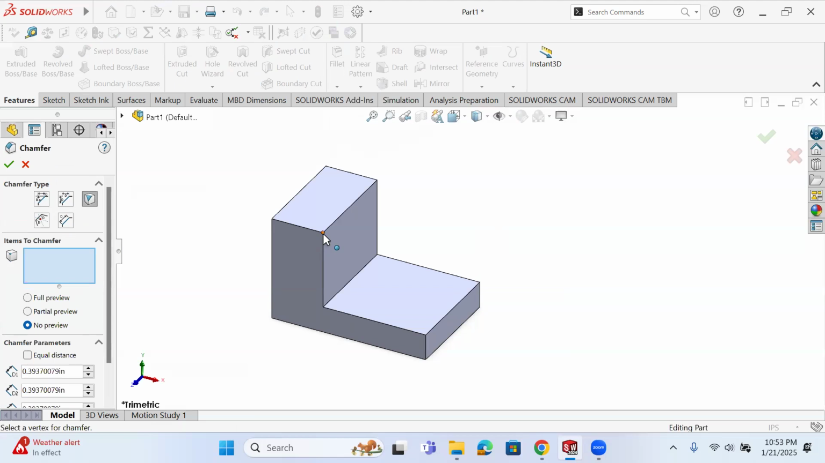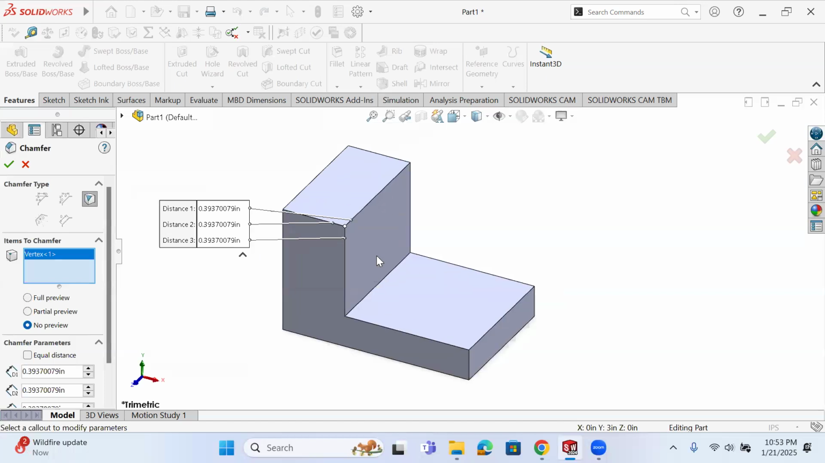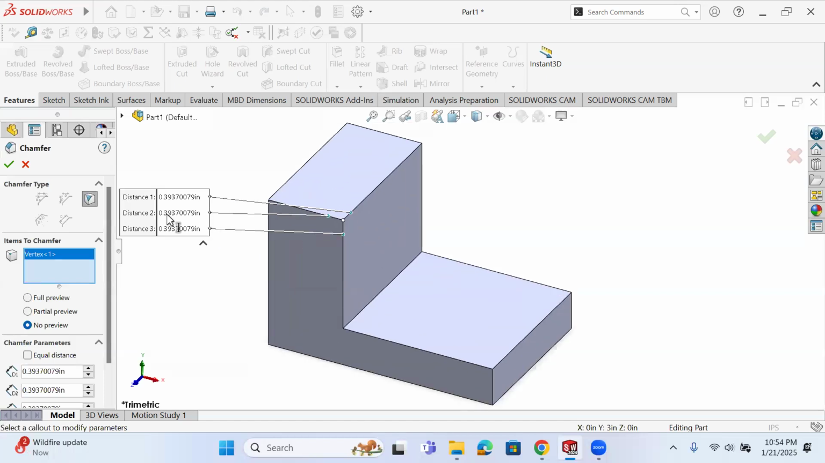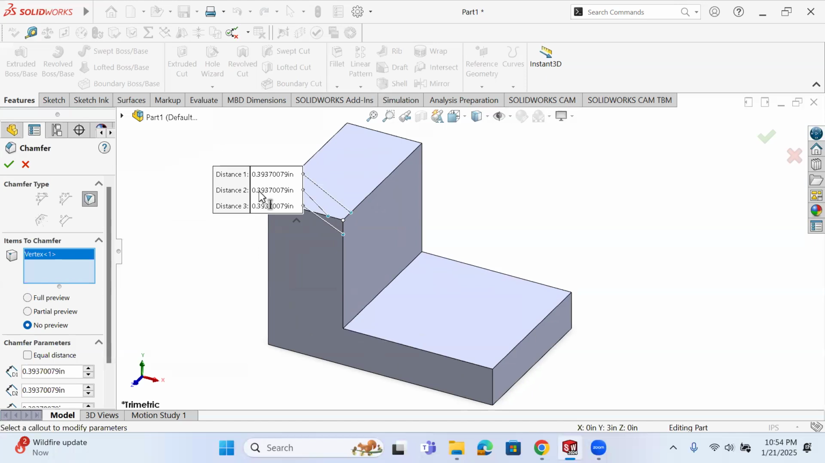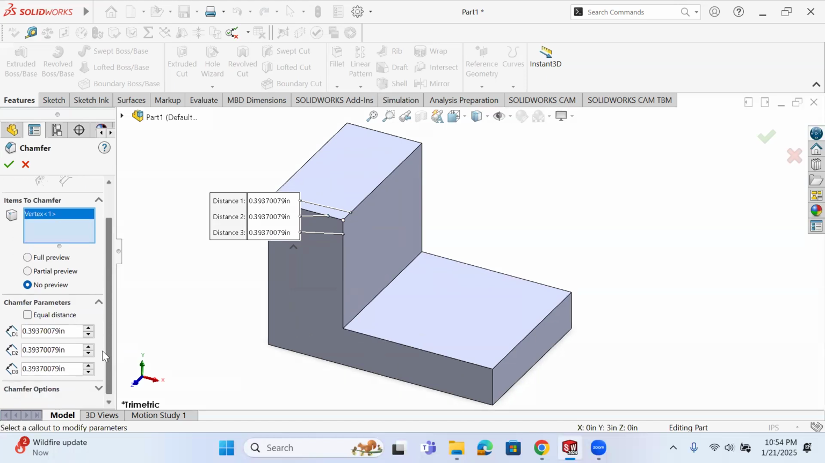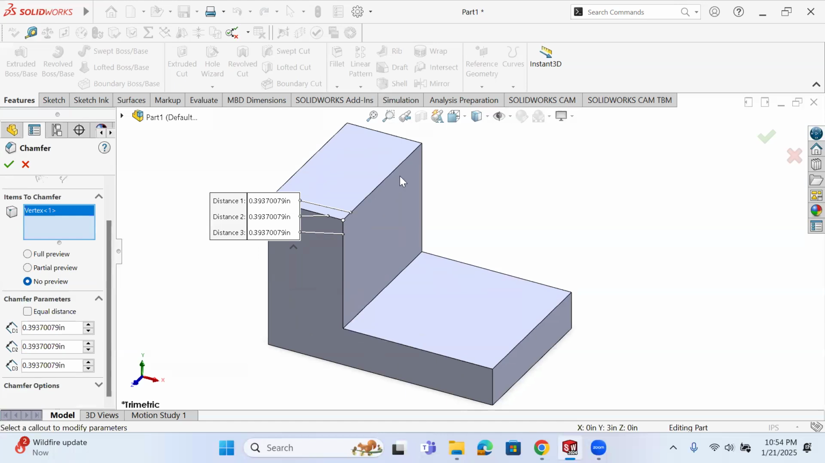When we start, we have to pick this point. Notice there are 3 distances, right? So if we zoom in a little bit bigger, we know this is distance 1, this is distance 2, this is distance 3. If we just put the exact numbers over there, which I tried already,